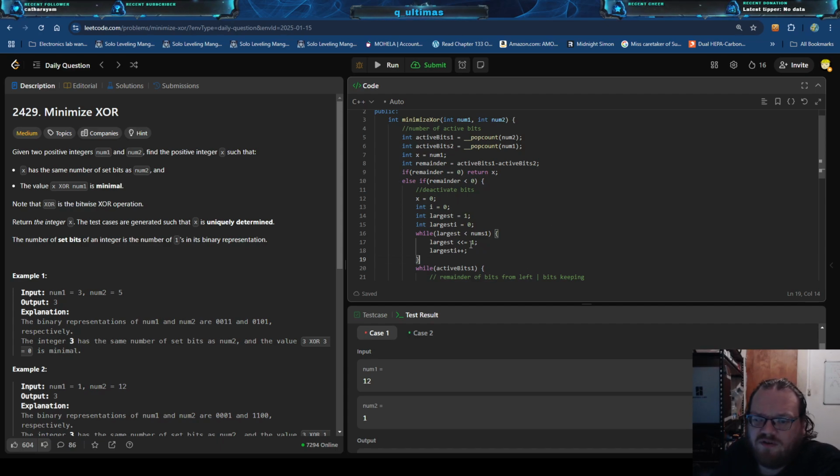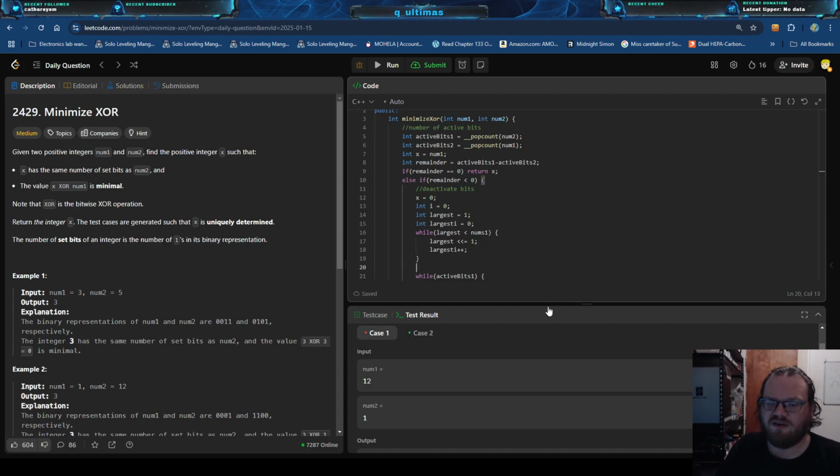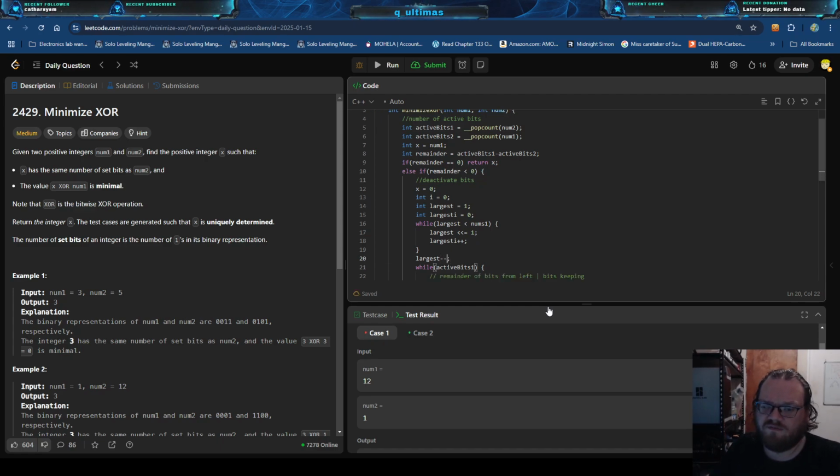So we shift over, we get the index until it's greater than 1. Then we back off by 1. Okay, and starting from largest I, going to the right, to the left,